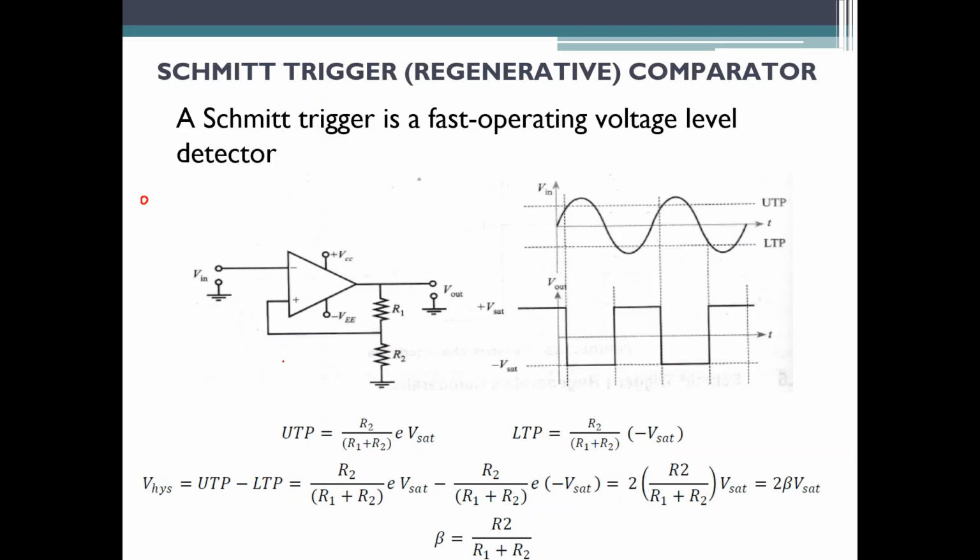This particular application is called a Schmitt-Trigger circuit. The Schmitt-Trigger circuit is basically a voltage comparator, where you are going to compare two voltages. You can give the voltages of your choice as an input. But what we do here is the input voltage is obtained from the output of the op-amp, and that same voltage is applied to the positive terminal. You can call it regenerative feedback or positive feedback.